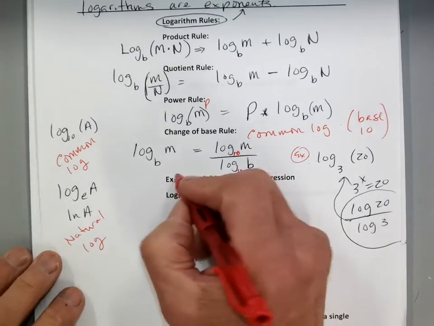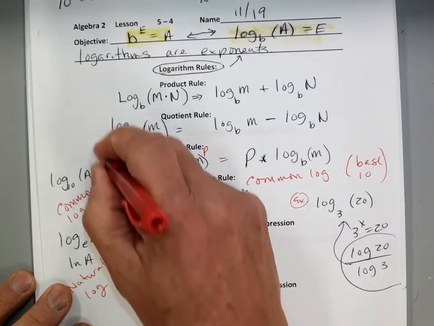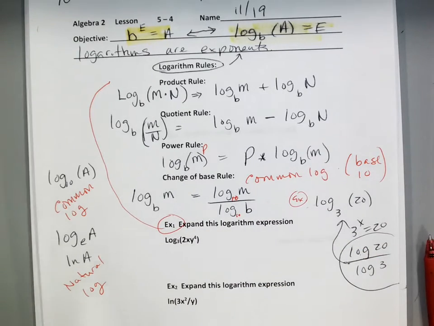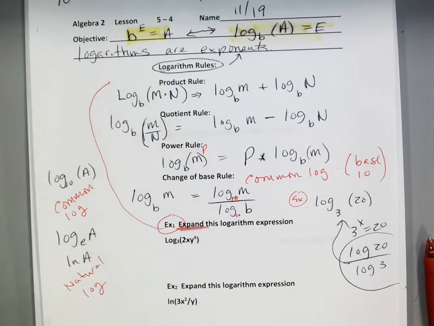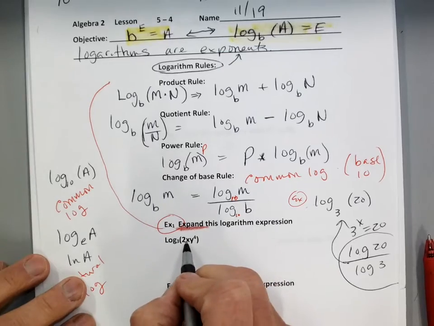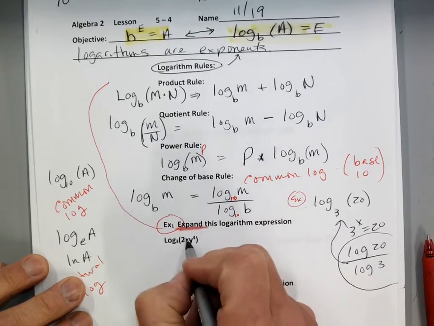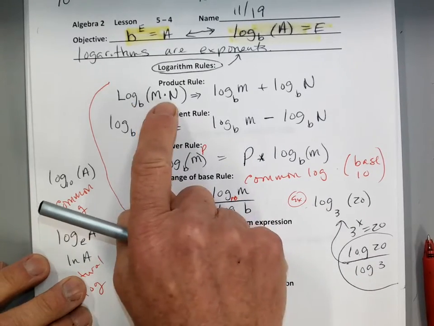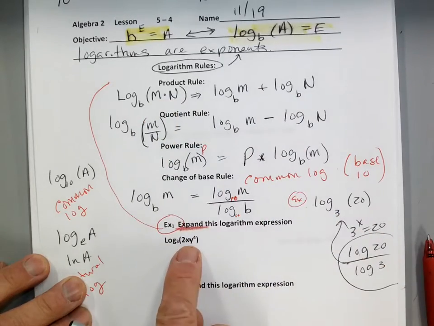So example 1. On example 1, what we want to do is use these rules up here. Okay? Let's see. So it says expand. It says expand. What does that mean? Well, what I have are invisible multiplication up here. I got a times and I got a times, okay? You don't see them, but they're invisible. So I know that if I have a log of two things being multiplied, I can separate them by addition, okay? So I'm going to rewrite this